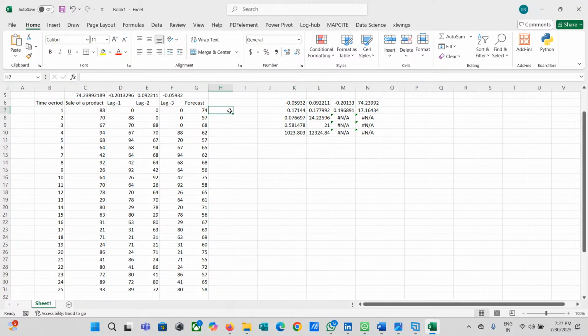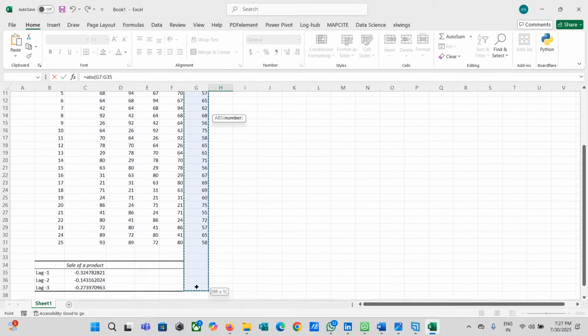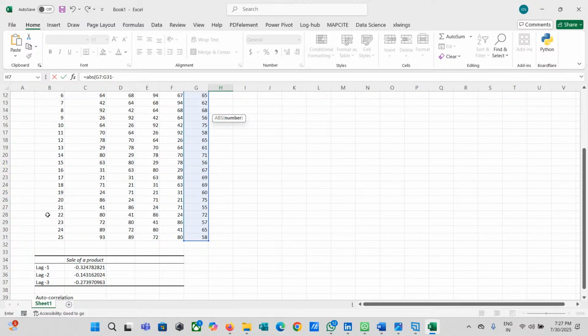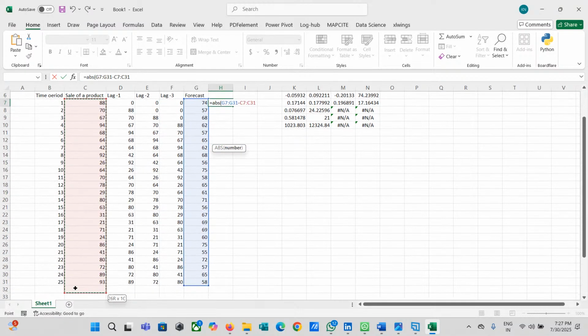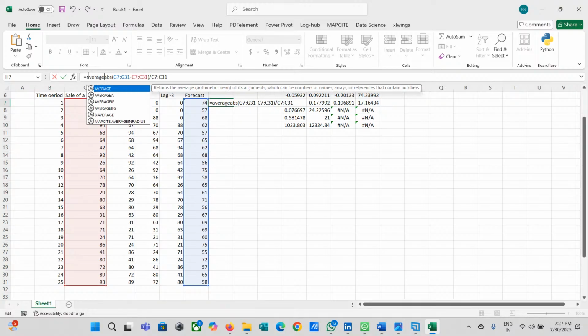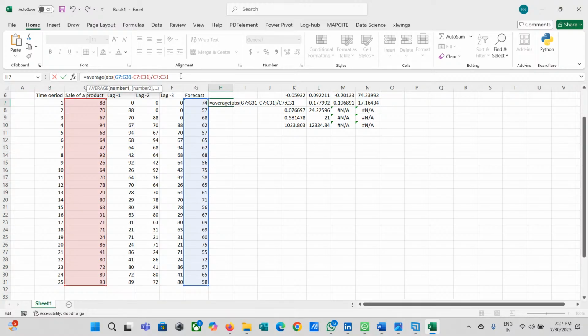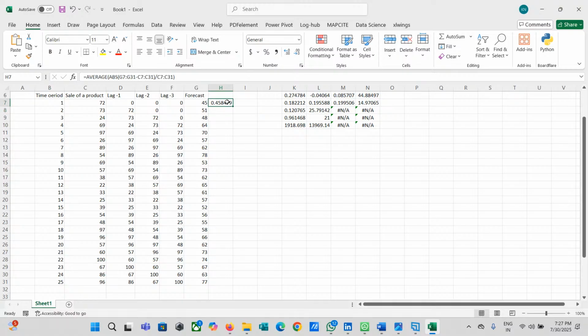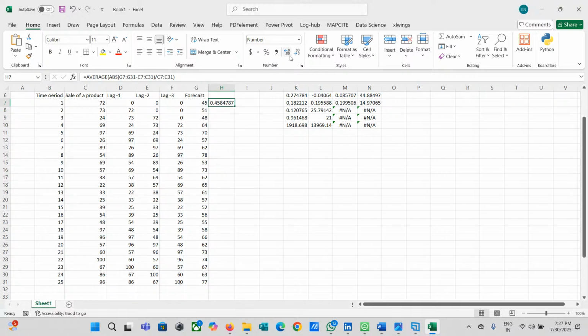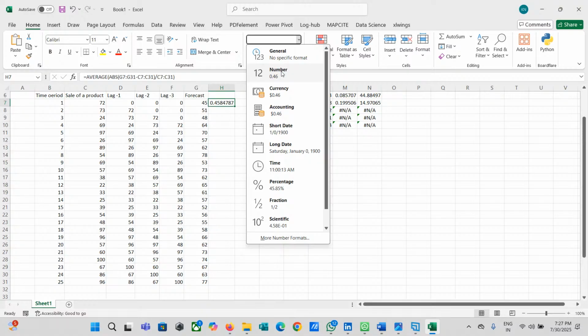If I want to create my mean absolute percentage error, I'm going to take the absolute value of the forecast of all the values minus the sales value, close the bracket, divide by the sales value, and take the average of this entire range, and this will give the MAPE of the data. And if you look here, the MAPE is 45%, 46%, and this is very, very high. It means we are getting an accuracy of almost 54% only, right?